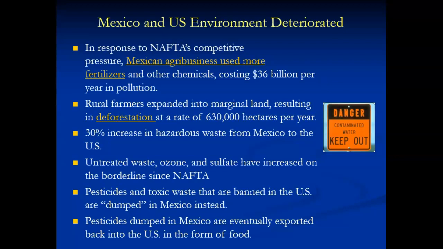Rural farmers expanded into marginal land because they're trying to produce foods. The marginal lands are lands that when used, can eventually collapse and not be able to support the crops that are on them, which then leads to things like soil erosion, water pollution from the soil getting into the water,